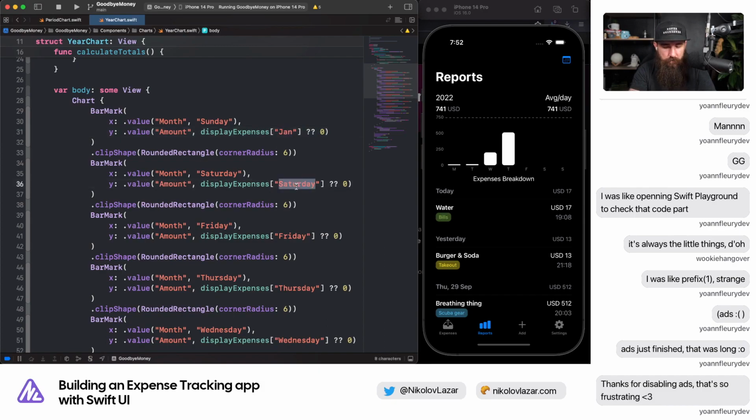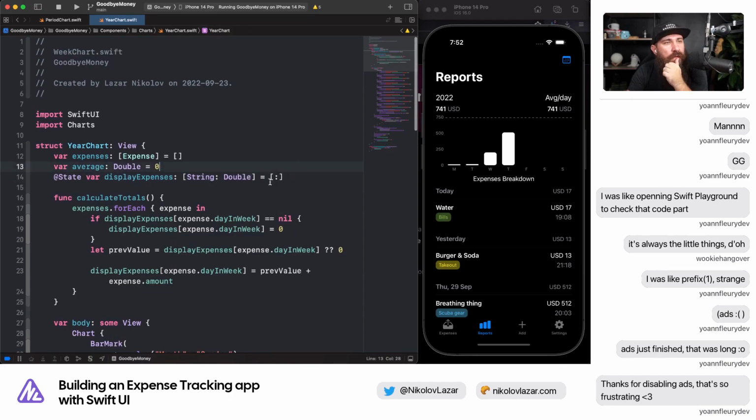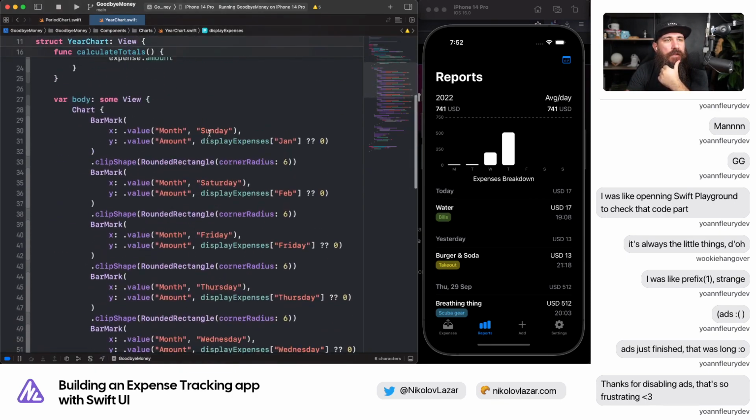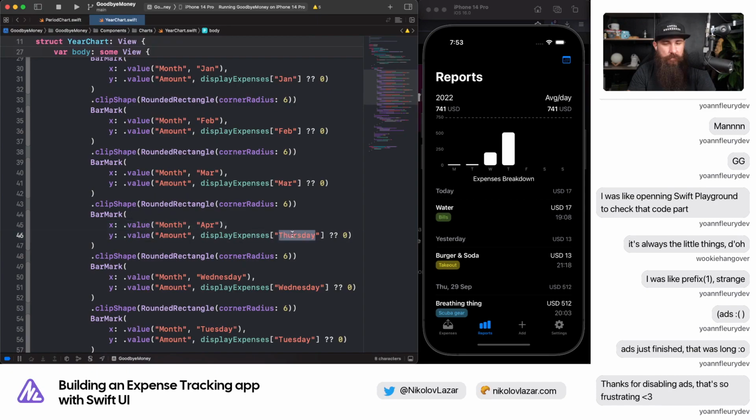So here's what we're going to do. January, February. We're going to basically create a structure like a dictionary where we have a string as a key and a double as a value. So keys will be months: January, February, March, April, and so on. And the double is going to be the total amounts of expenses. So let's check it out. This is Jan, this is Feb, this is Mar, April,